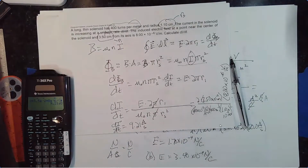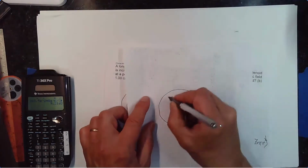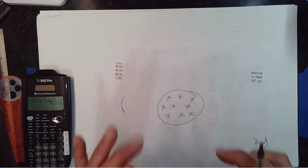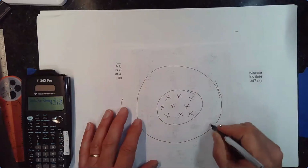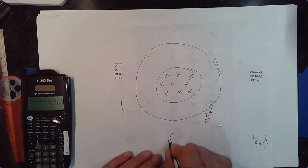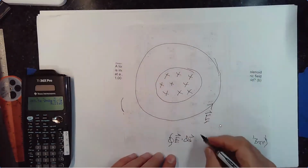But the main idea here is if you have a magnetic field that's going in some direction, and that magnetic field is either increasing or decreasing in time, and you've got cylindrical symmetry, there will be an induced electric field that forms concentric rings around that. And that's just bizarre. But the whole thing works out to be that the integral of E dot ds around this circle is going to be,